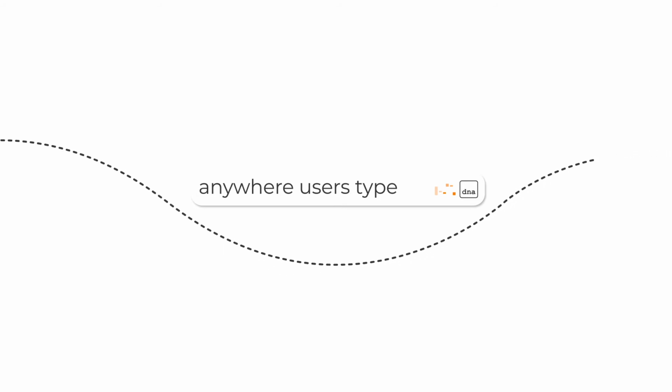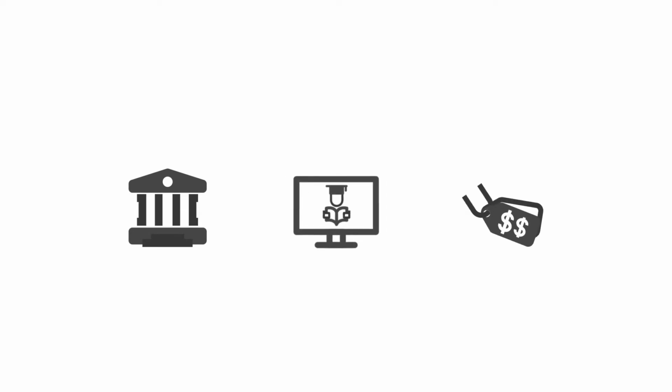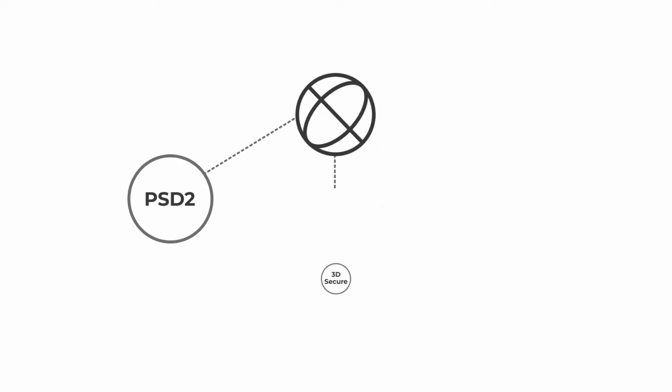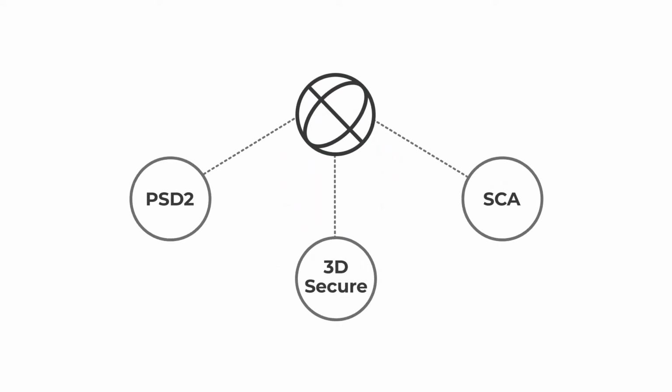Because enterprises can apply the technology anywhere users type, it ensures seamless authentication for a variety of use cases and in a range of industries such as banking and finance, education, and retail. Our tests have reached unprecedented accuracy for typing biometrics, leading to the wide deployment of our technology for fraud prevention and compliance with global cybersecurity regulations.